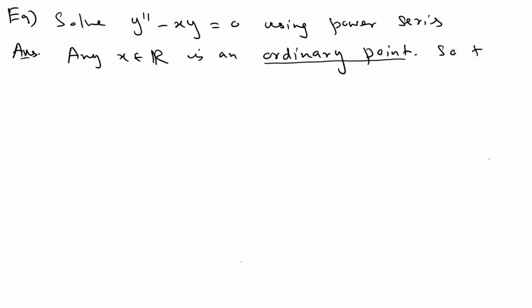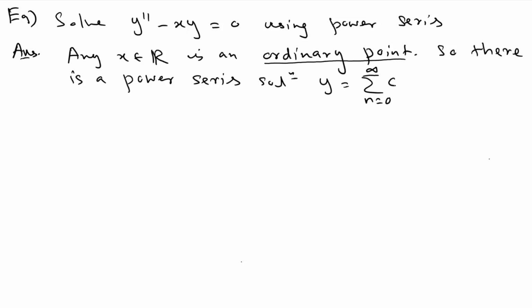So there is a power series solution y equals sigma n going from 0 to infinity c_n x^n, centered at x equal 0, that converges